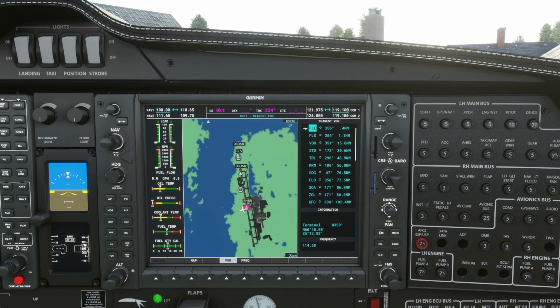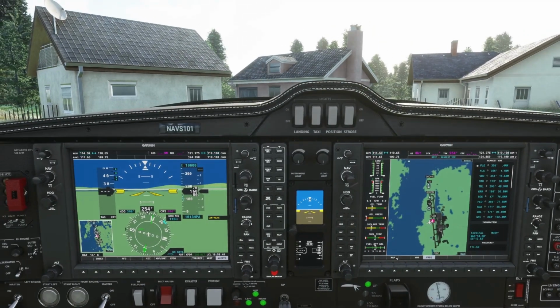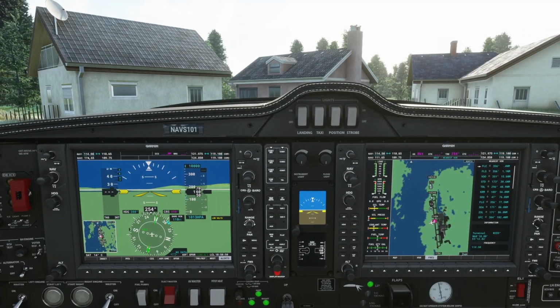Okay, so let's go back up to FLE and let's try and tune that VOR. So come down to frequency, click on frequency. All right, the frequency window is highlighted, and we want to put that into nav1. So we click enter.